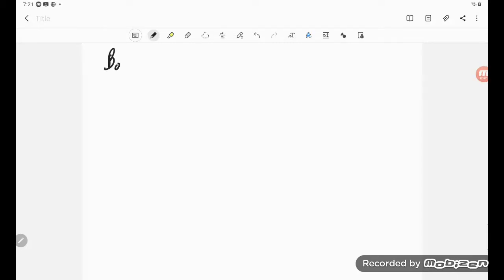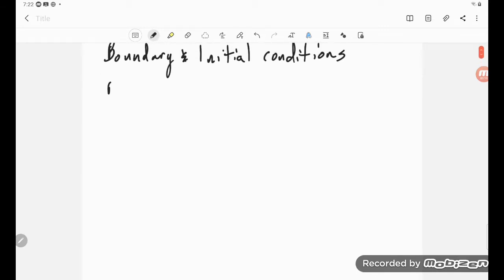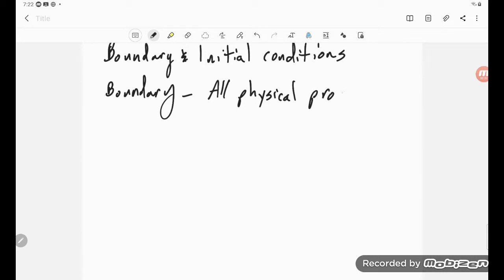All right, now let's look at boundary and initial conditions. Okay, we'll start with boundary conditions. Well, all physical problems have some sort of boundary. So all physical problems will have some